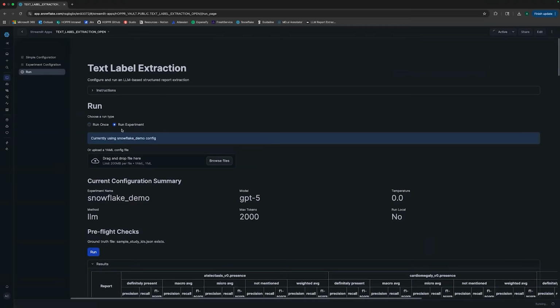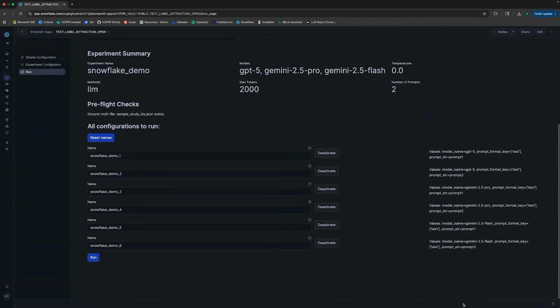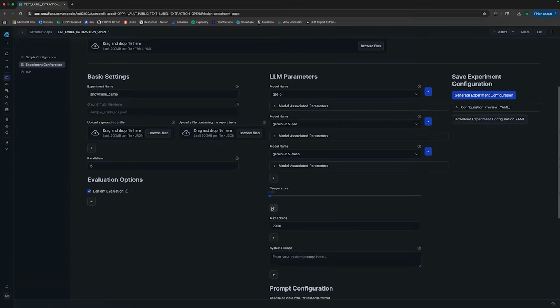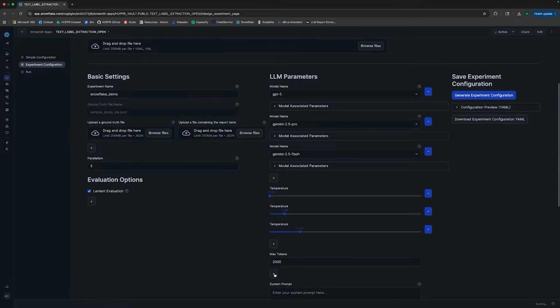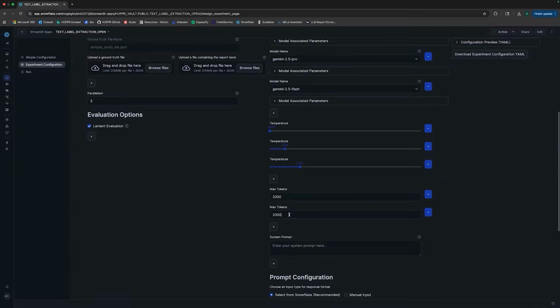So we generate an experimental configuration. We run it. In this case, we click on the Run Experiment option. And then we get all of the different combinations of models and prompts. So we defined 3 different models and 2 different prompts, so there's 6 experimental groups. And this can actually get quite large, like if we wanted to try a couple of different temperatures,